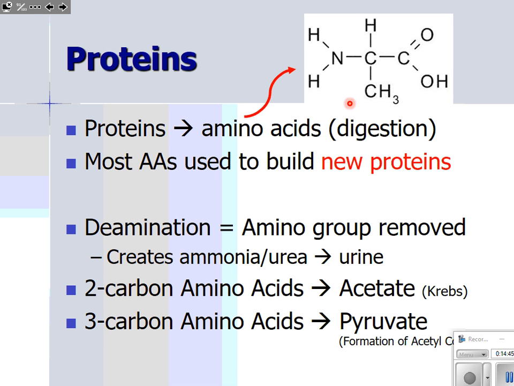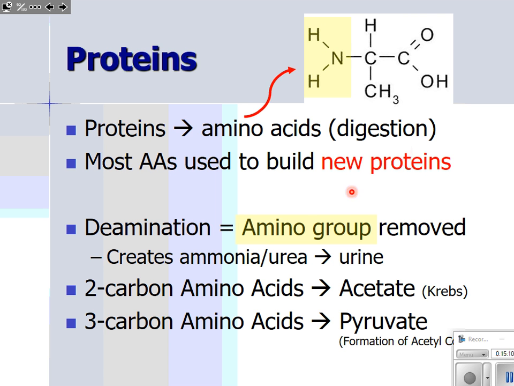Usually, when you run out of carbohydrate, you would go to fats. Fats would kind of be your secondary fuel, and protein is kind of your last ditch effort. It's the last possible choice for fuel. But amino acids